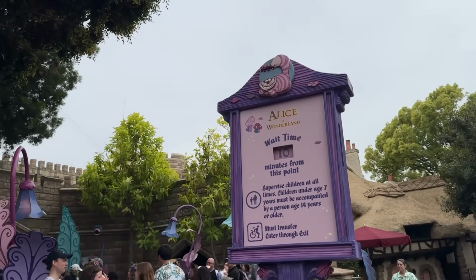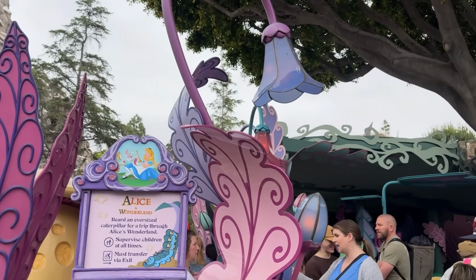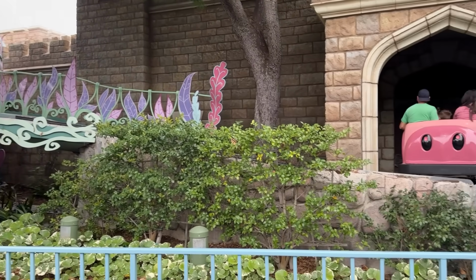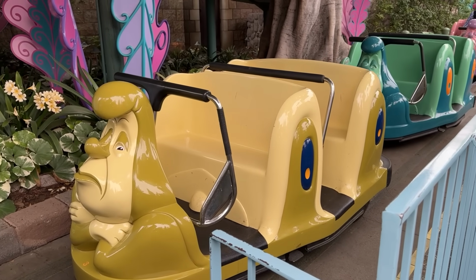There was a version of this attraction that opened pretty soon after opening date. The park opened in 1955, and they had a version that opened up in 1958. That version closed in the early 80s and then reopened in 1984, and that's the version that we have now. But what I love about this version of Alice in Wonderland is that it went under a major refurbishment in